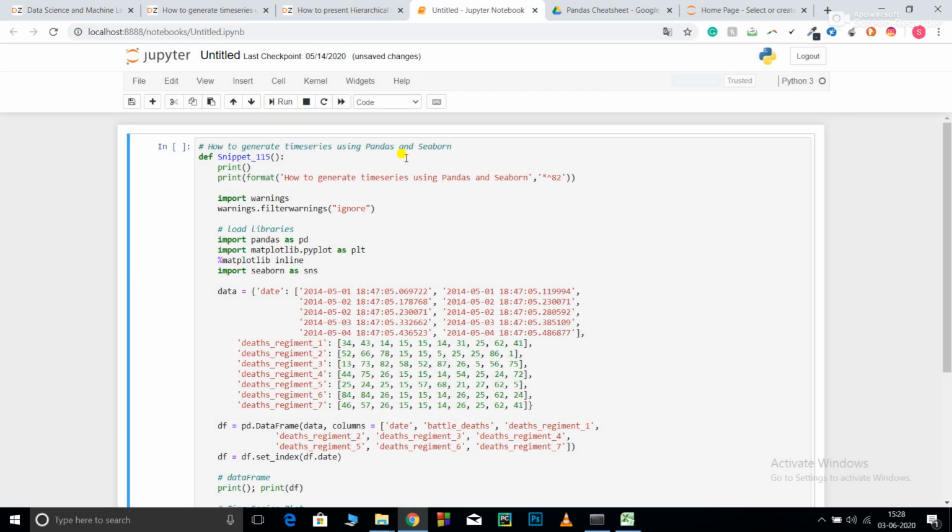So, first of all, what is time series data? Generally people think that time series data is data that only contains dates, that if a data frame contains dates, it is time series data, but it is not so. Basically, if the variation of your data set, or the variation of your target, is dependent upon the date, this is what time series data is.